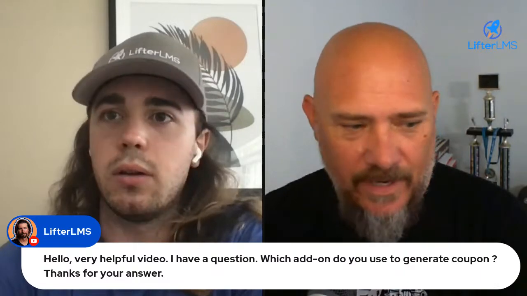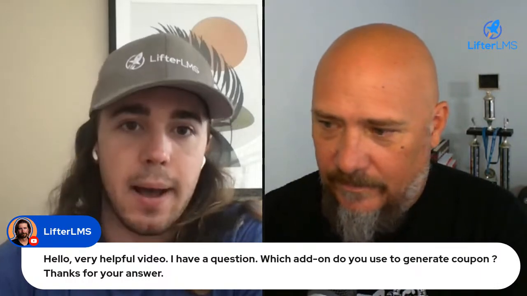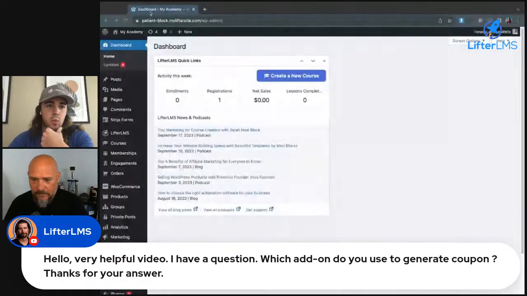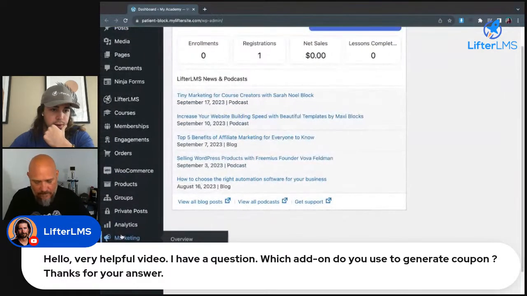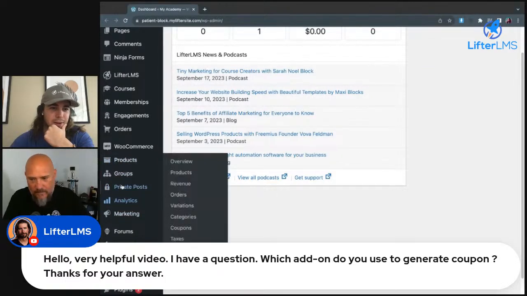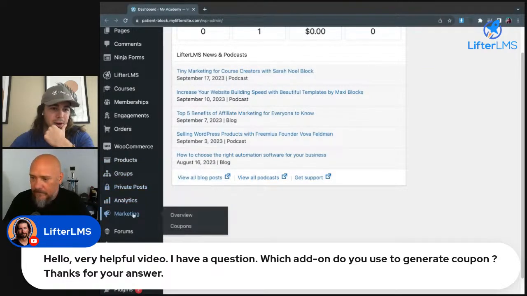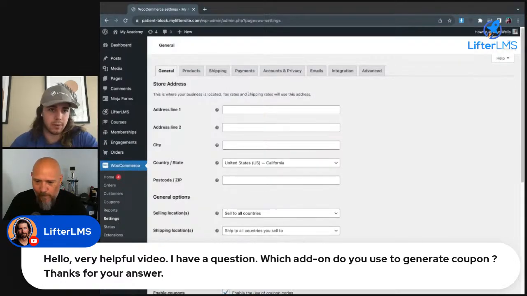Hopefully I have one. It's also not super intuitive that there's a separate marketing menu in WooCommerce. A lot of people keep looking in the WooCommerce main menu and it's not there. Yeah, it used to be under WooCommerce coupons, but now it's under marketing coupons. It's funny, the LifterLMS private areas add-on ends up in the middle of the WooCommerce stuff and groups as well. But yeah, marketing coupons is where you'll find that for WooCommerce, and you'll only have that menu option available if you have coupon usage enabled in your WooCommerce settings.